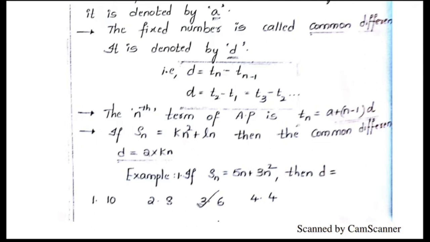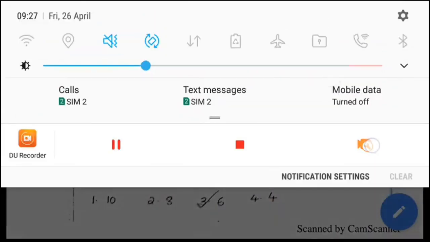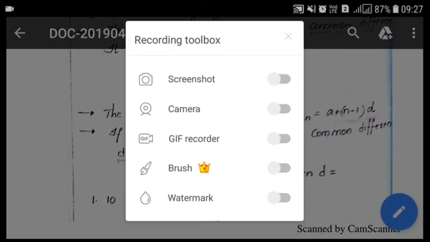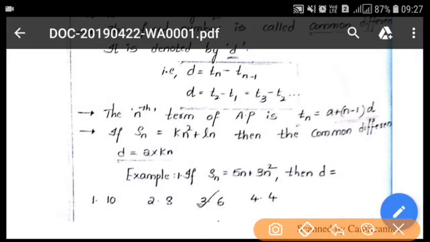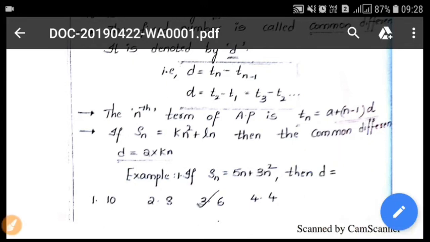Here n is not there in this part. So if Sn is equal to k n square plus l n, then the common difference d is equal to 2 into k. For example, Sn is equal to 5n